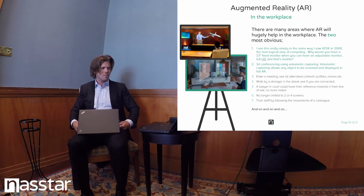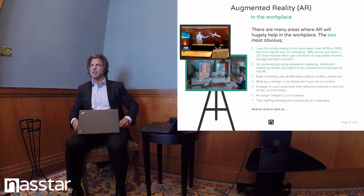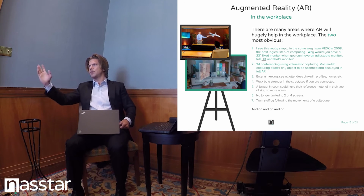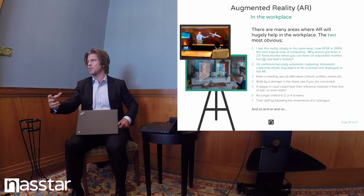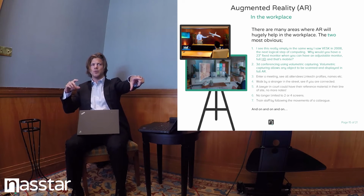So that's one way. The other way is video conferencing. There's one company called 8i and many others who have developed a technology called volumetric capturing. The way volumetric capturing works is it rotates around any object, so one of us, and it takes pictures of you at a very close range, and you can actually then see yourself or speak to yourself in 3D. So I'd put the glasses on, I'd have a conversation, and for example, Nigel could be sitting on that chair in 3D, and I would see